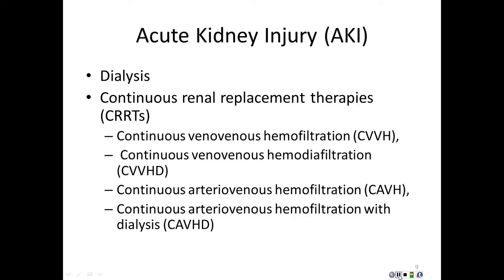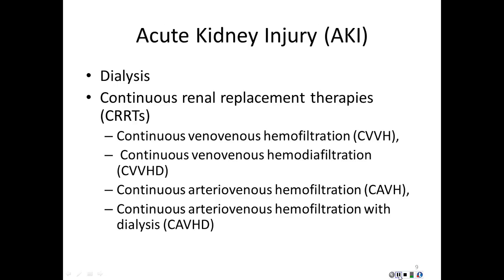Now, typically these patients, if they're going to be on this CRRT for a while, will have a catheter placed, typically subclavian or internal jugular catheters. These are used to do the dialysis or the CRRT for these patients. Typically, if they're going to have to go to long-term hemodialysis, then they'll start moving towards setting up the grafts. And we'll talk more about dialysis, grafts, those types of things as we go along.